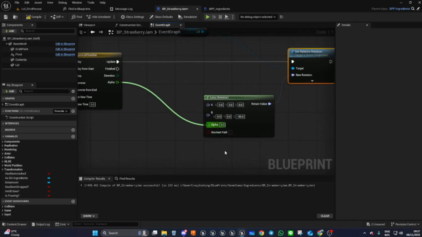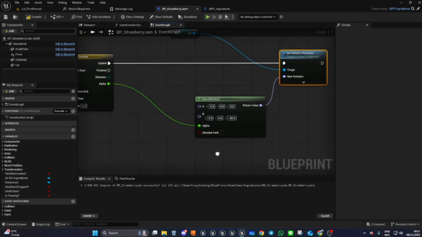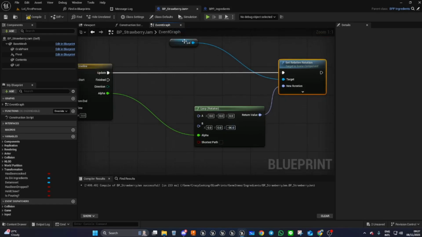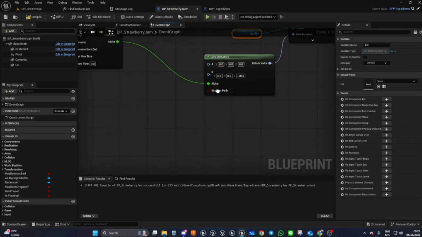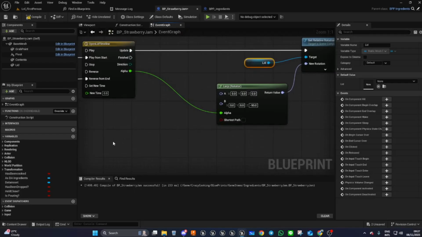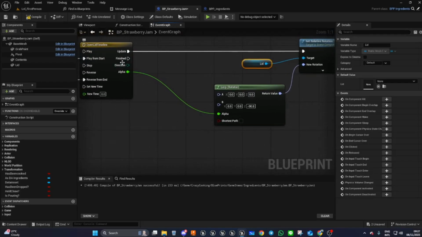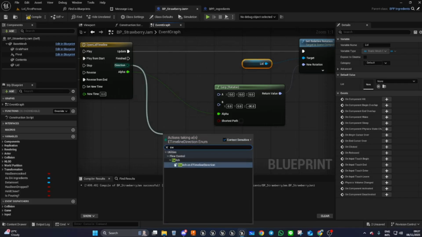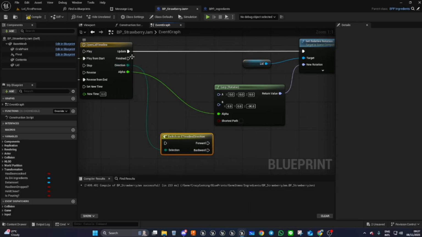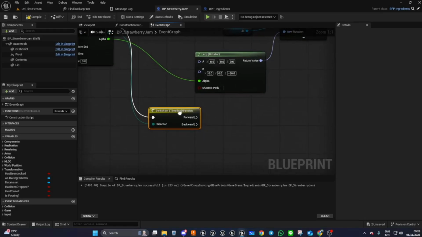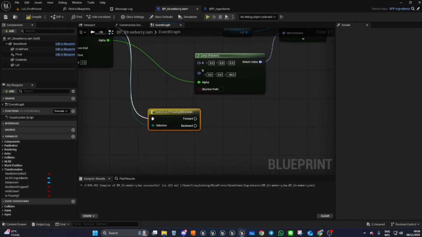The alpha is here. Okay, so literally we're unscrewing the lid. You sort of get the gist. Okay, so here now we need to find out what direction it's in. So we drag off of the direction and we do a switch. And we do that on the finished. If it's going backwards,